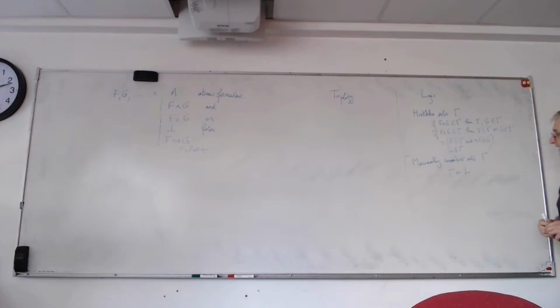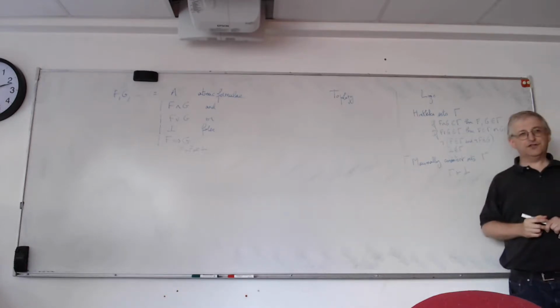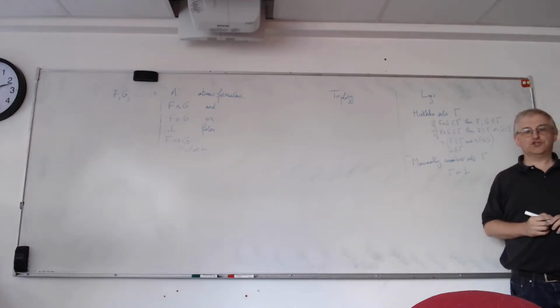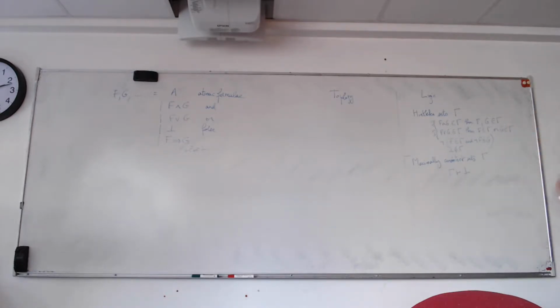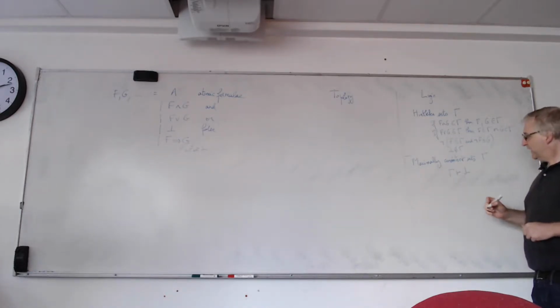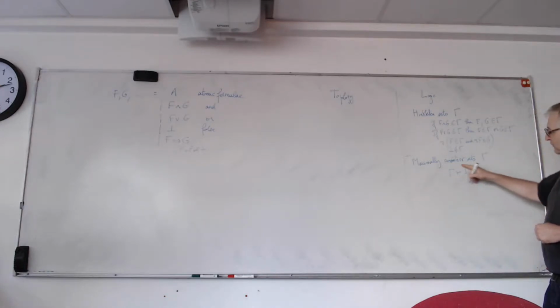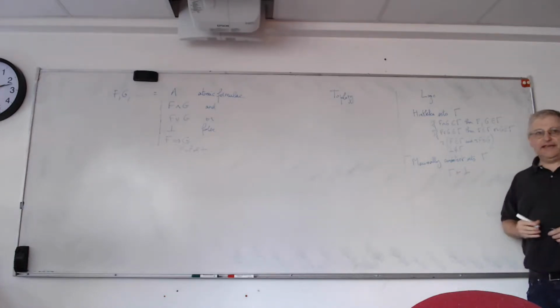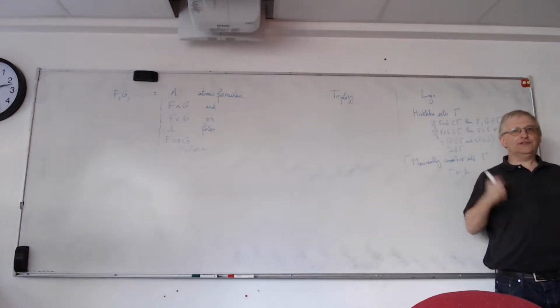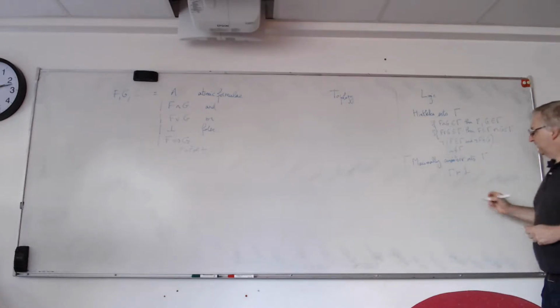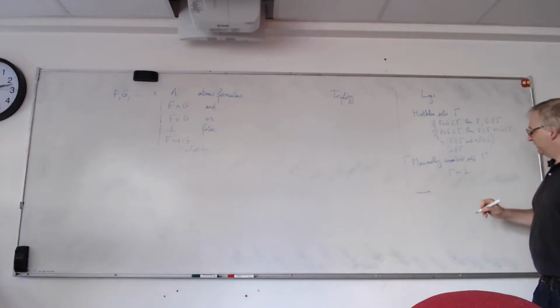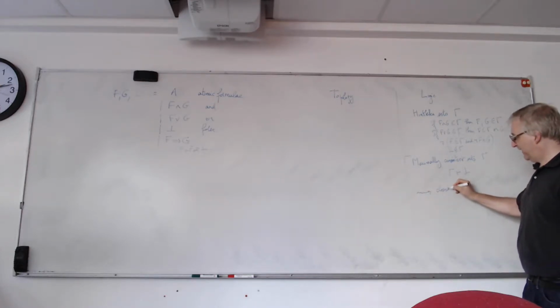For a maximally consistent set, it's not in the definition, but maximally consistent sets are closed under deduction. That is, if f is in a maximally consistent set and f implies g, then g is also in it. But the usual definition is not this one. So you take a consistent set, so it's a set where you can't deduce false, and it's a maximal set. That is, you can't add any formula to that set without making it inconsistent. And a basic lemma of that theory is that all those maximally consistent sets are closed under deduction, as I said,